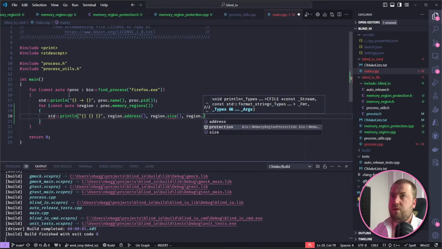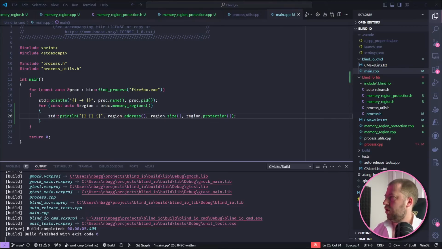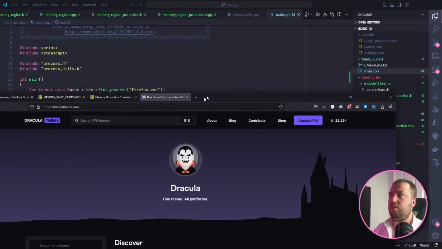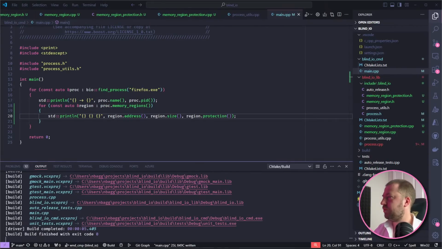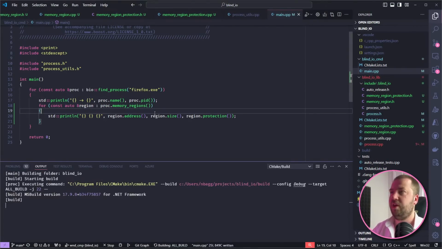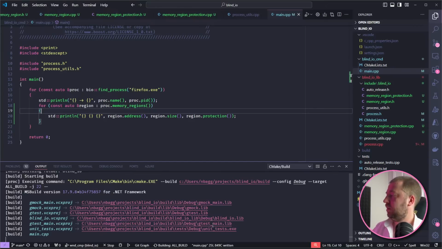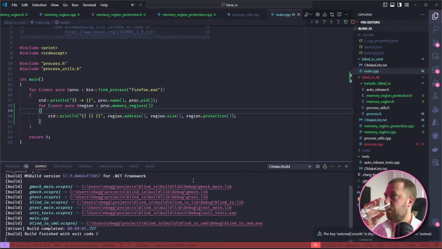And region dot. Oh, I think someone asked what theme I was using. This comes up a lot. I use a theme called Dracula theme. You should definitely go and try it out. It's a dark theme full of pinks and purples, so it suits me quite nicely. Apologies, I just remembered I saw that and I meant to respond, but I didn't, which is very rude of me.